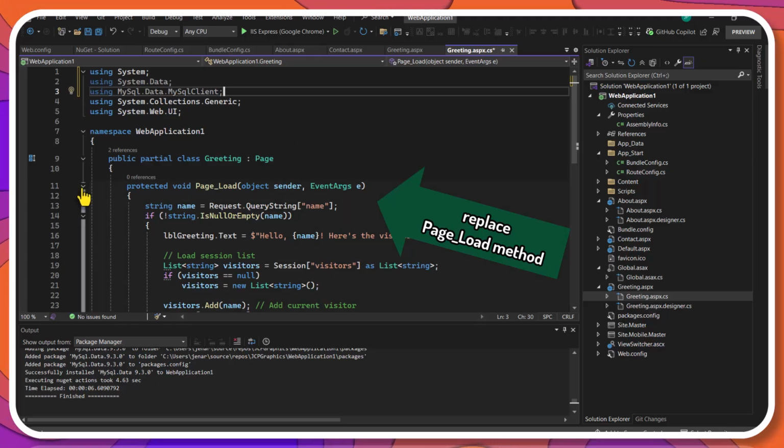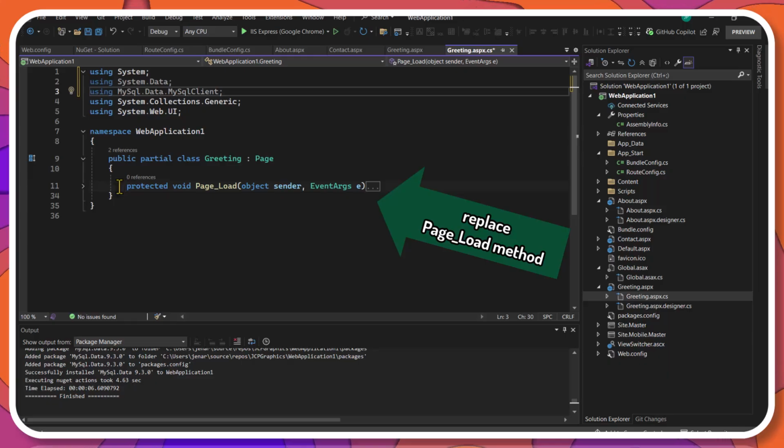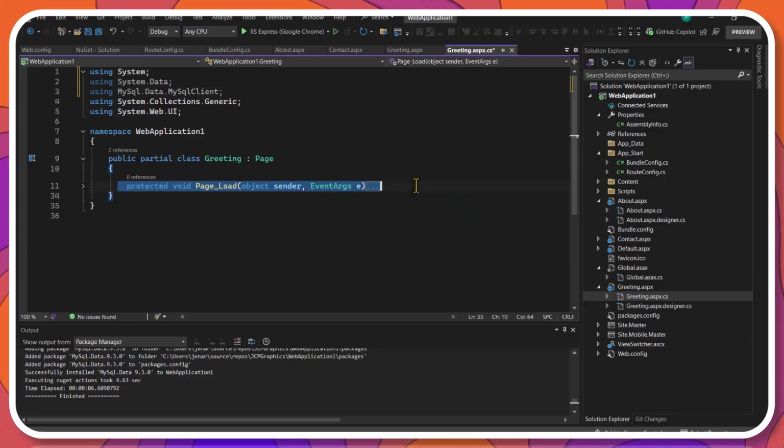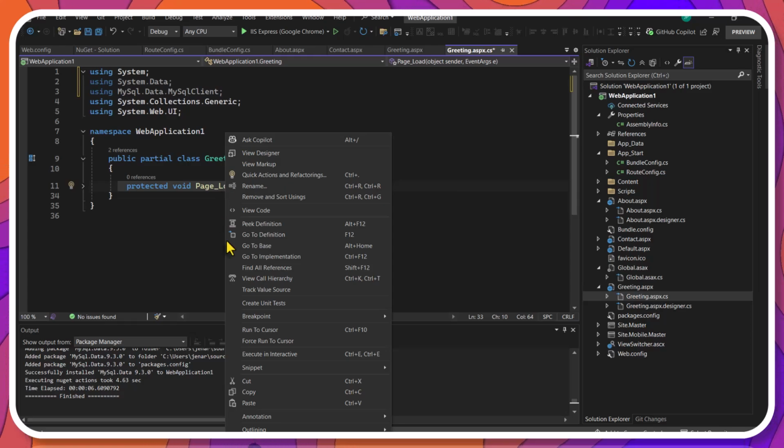And replace the method Page_Load with the code provided.